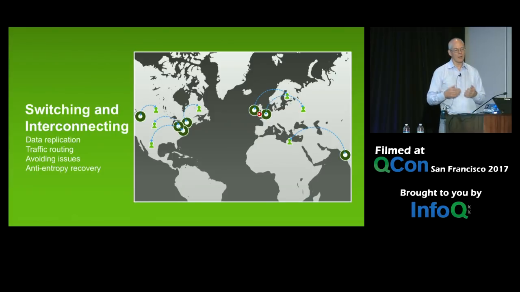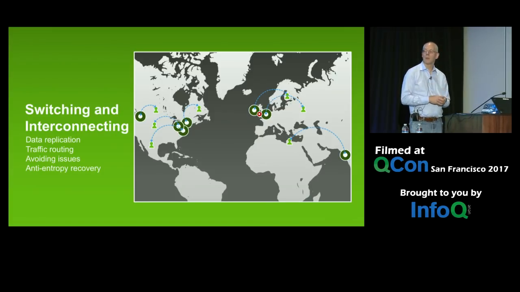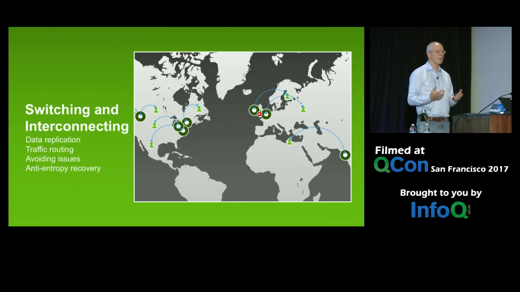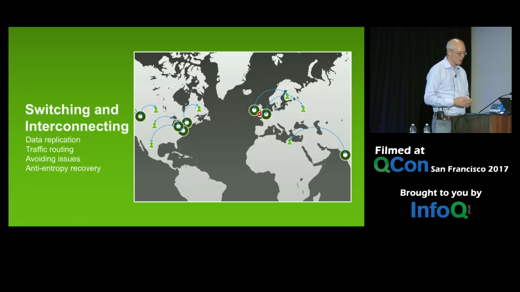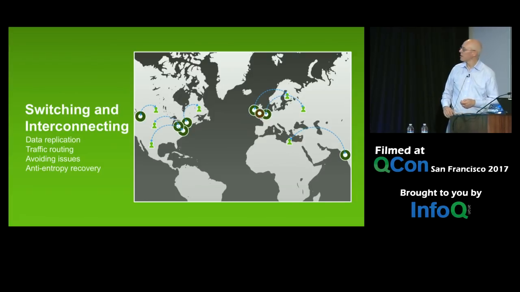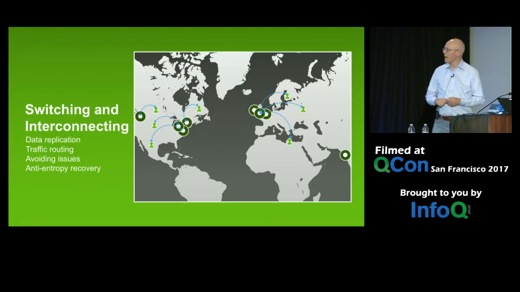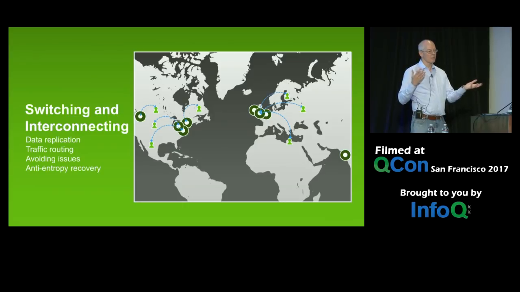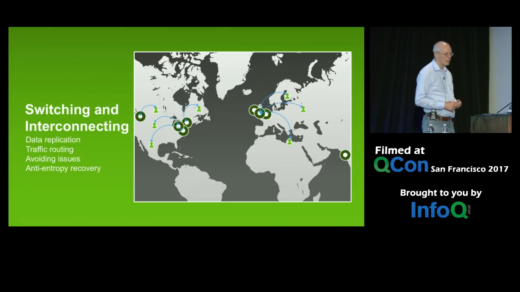But then, and I was telling someone earlier in the previous session, years and years ago, I was at eBay, and we had a data center outage, and it was a big scramble to get it to fail over. It took about a day or so to get everything back up, and then it took a month to fail back afterwards, because everything after the failover was such a mess that we couldn't actually figure out how to get it back safely. There wasn't a simple switch there and switch back. So if you fix it, you've got to go put all the customers back in, and then you go to this anti-entropy recovery. Your data's now out of sync, so you have to resynchronize it, and that's a typical anti-entropy algorithm.